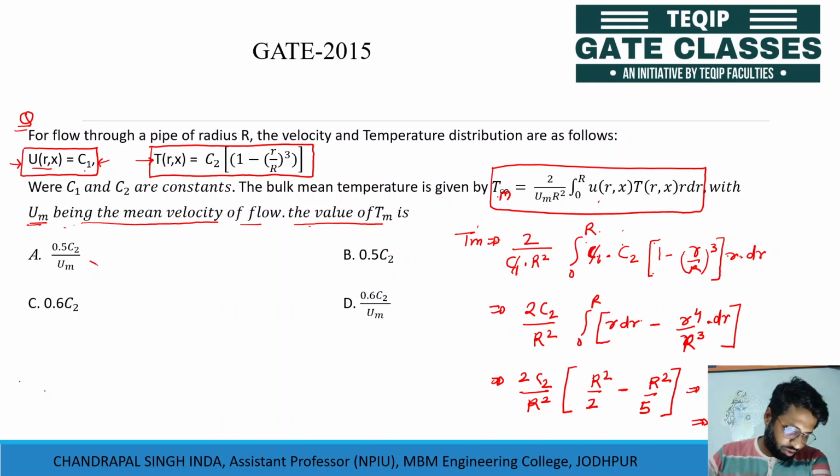Is there an option? Yes, option C is given, which is 0.6 C2. So let's move to the next question,